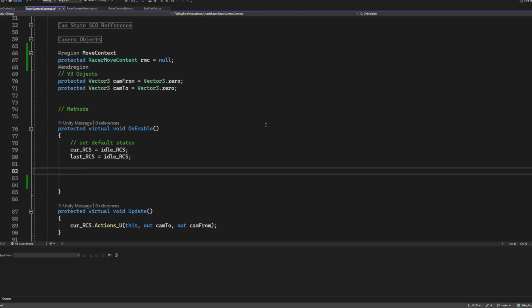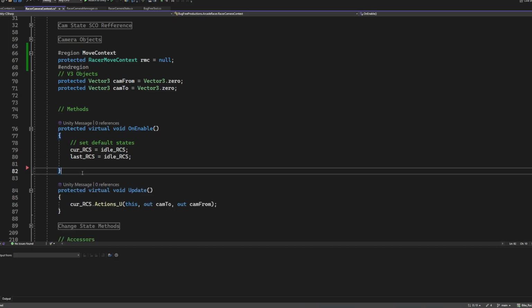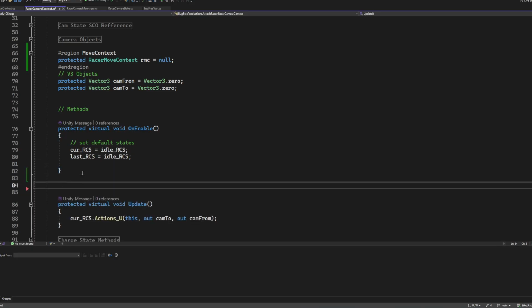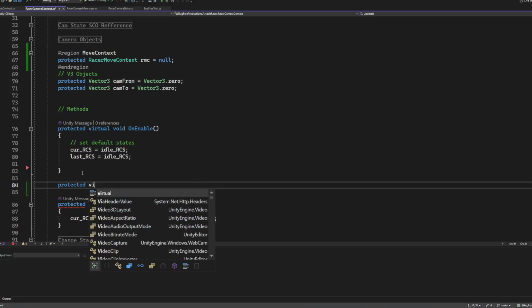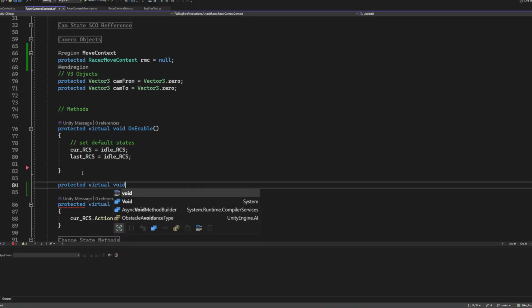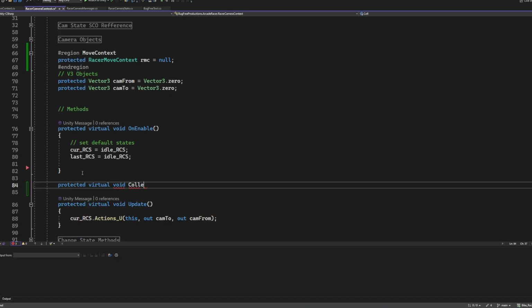Actually, you know what? Let's do it the right way, or not necessarily the right way, but the preferred way. So protected virtual void CollectVars,